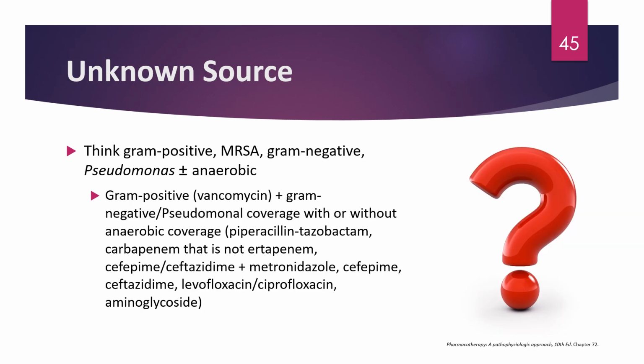Now, if your patient actually has an unknown source of infection and sepsis, empirically, what you're going to do is treat for a little bit of almost everything. At least that's most common. So usually it'll be things like gram-positives and MRSA, gram-negatives and Pseudomonas, with or without anaerobic coverage. So gram-positive being vanc, the gram-negative Pseudomonas coverage commonly being Zosyn or piperacillin-tazobactam, which also has the anaerobic